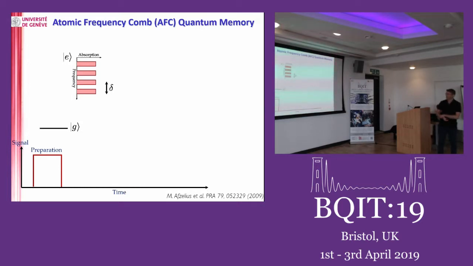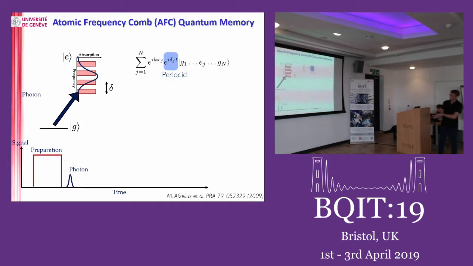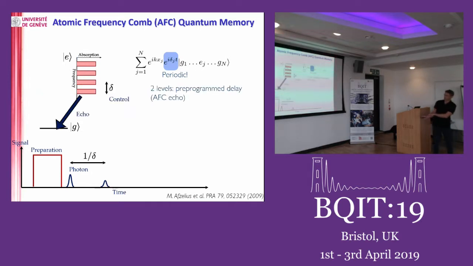Now if you have an input, which could be a single photon, with a Fourier spectrum wider than the spacing here, so it covers many of these teeth, your system surely dephases, because if you look at the decay, every atom will have a certain detuning. But since this is periodic, you have an automatic rephasing. It's like a mode-locked laser where all the cavity modes are in phase. Basically, this is just Fourier response theory. You take the Fourier transformation of that comb, and that gives you a response in time.